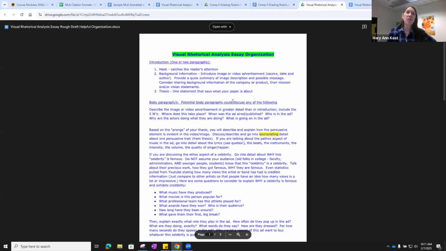So anyways, you did your outline, you copied and pasted it into your MLA format. Now you have to flesh out that outline a little more. And this is food for thought. You could start with the hook, which catches the reader's attention. You could do a startling statistic, a quote, a question, just not a yes or no question, or an anecdote, which is a quick short story.